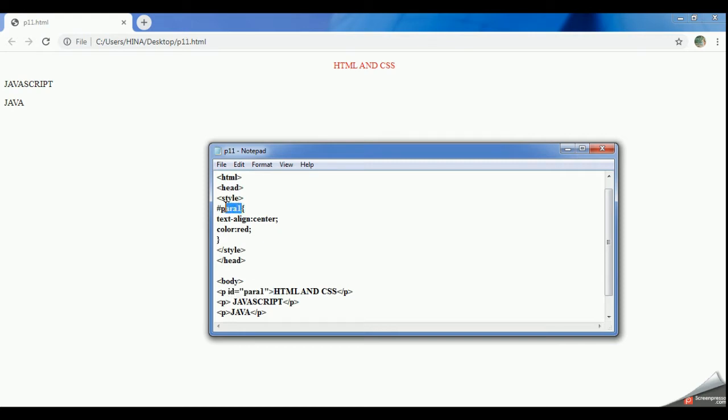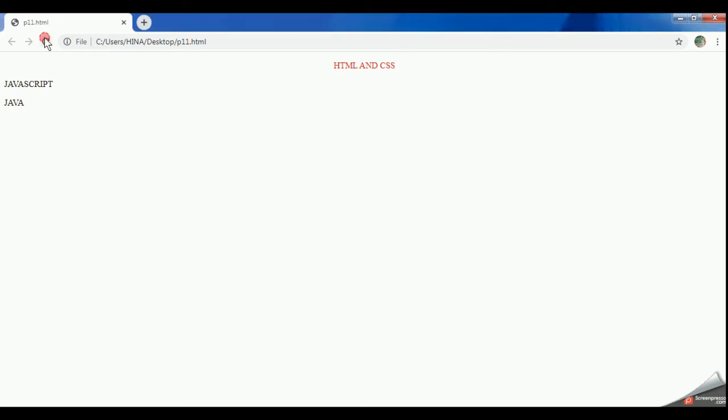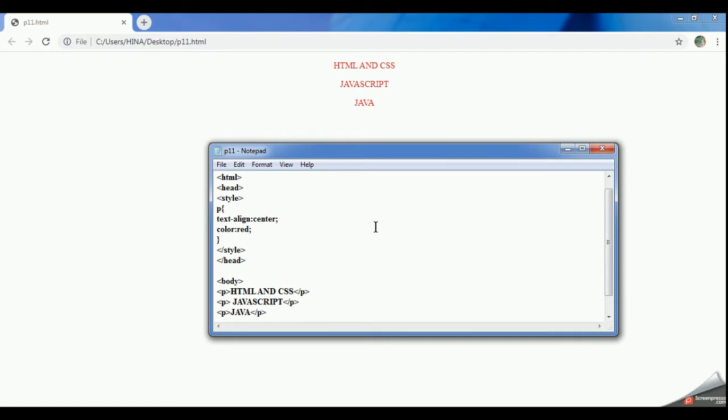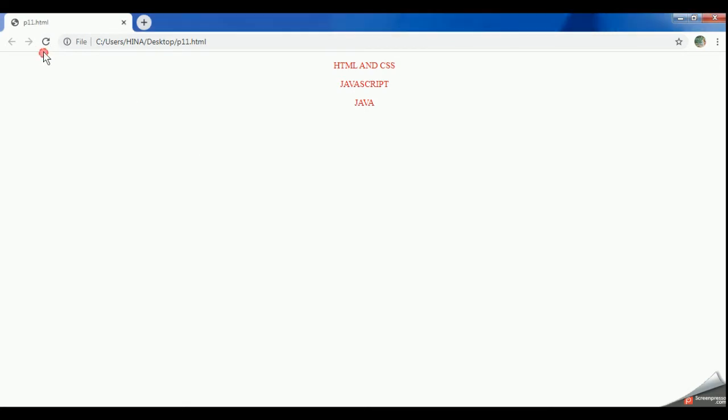Let's see once again. Suppose I am using here P and then I am erasing it over here. You can see how element selector and ID selector work. Okay. Now save it. Execute it. See, this is your element selector. Everything is in the center and the color is changed, which means all three paragraphs of this HTML page have been affected. But if I am using it as an ID selector, hash para1, and I use it in only one HTML element, suppose I use the keyword id and I am writing here para1. Okay. Now save it and then refresh it.